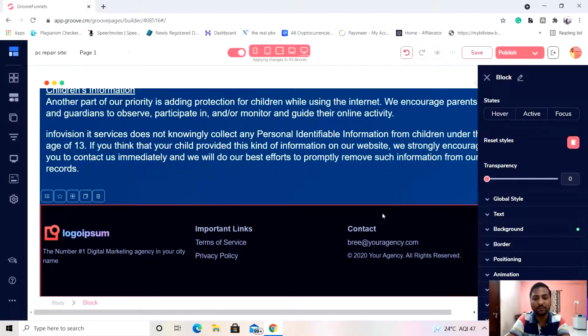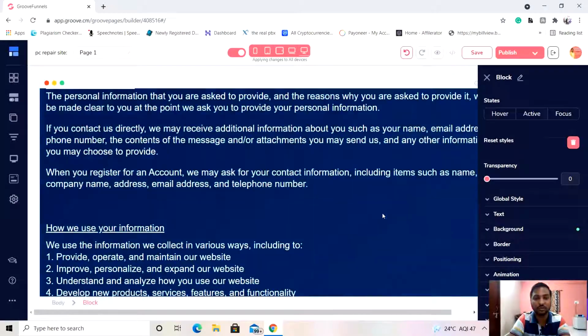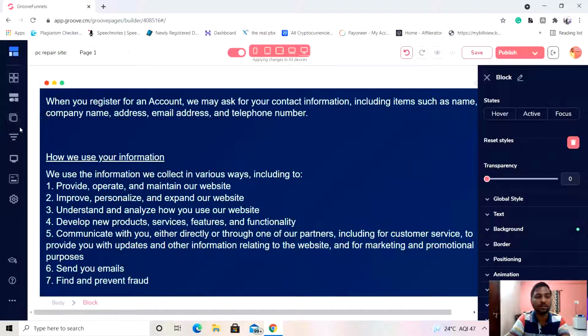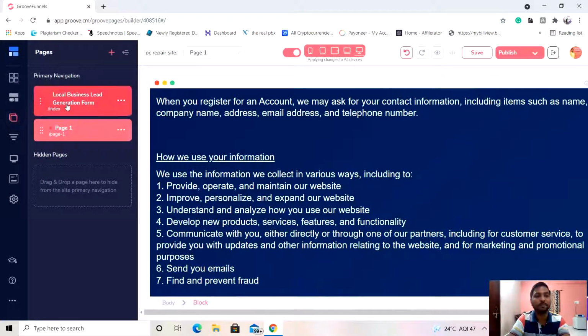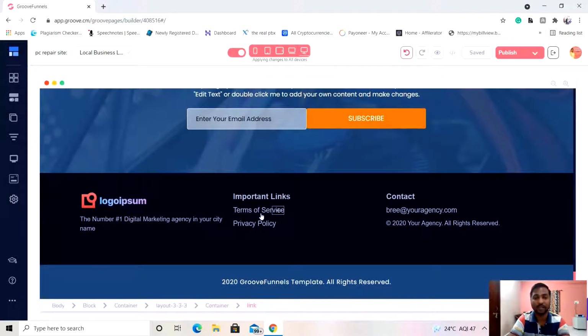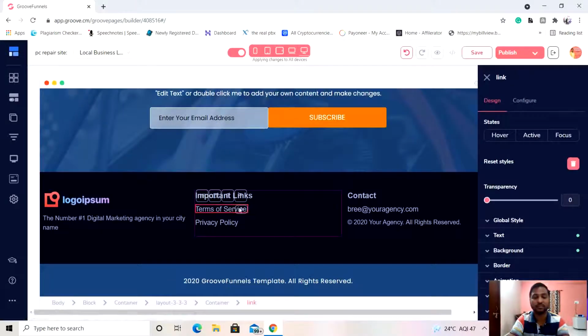Now we have to link this particular option to the pages, the terms and conditions or the privacy policy. Let's go ahead and do that quickly. I'm just going to select this terms of service option over here. When you select this terms of service, it's a text area.